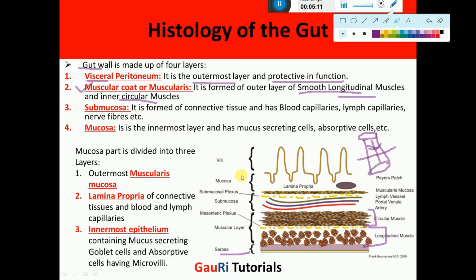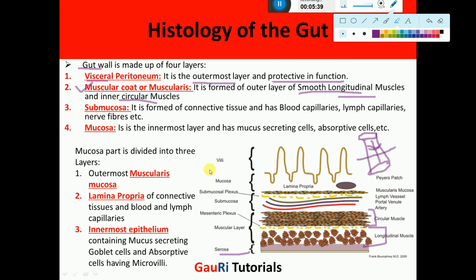These layers help in the movement of the gut. Like we see, there is movement in the esophagus, stomach and intestine. Food moves from one part of the alimentary canal to another with the help of these muscles. In the stomach, there is an additional layer of oblique muscles because there are churning movements in the stomach. These muscles help in the movements and thorough mixing of the food also.